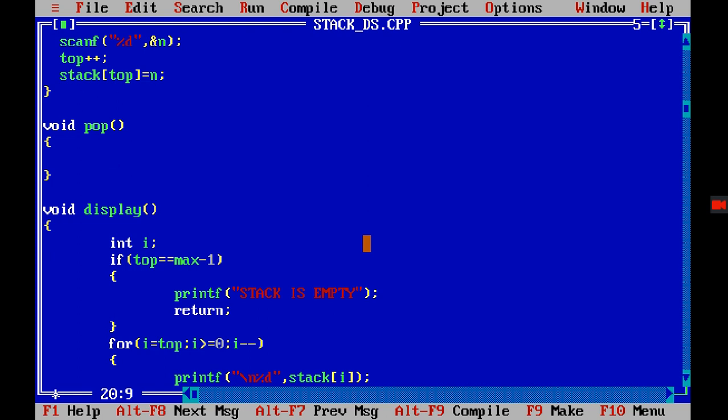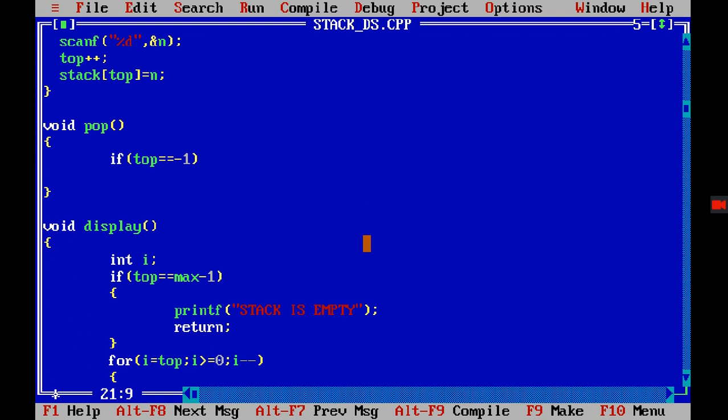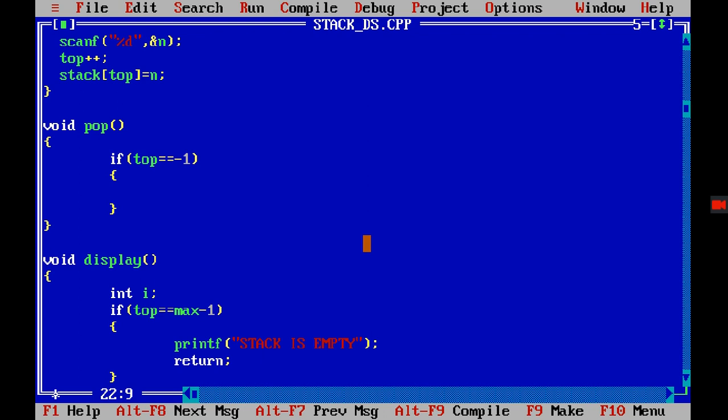Now first of all you need to check whether your stack is empty or not. Why is there a need to check? Because if your stack is already empty, then what are you going to delete? So first of all you need to check for the empty stack. What should be the condition? Initially we have assigned top is equal to -1. So if I check that my top is still -1, and there is no change in that, that means I can say my stack is empty. So if this is there, then I can say printf